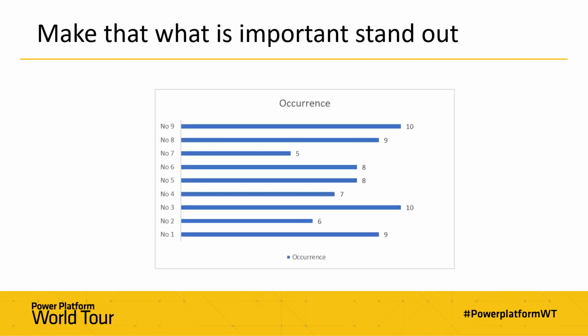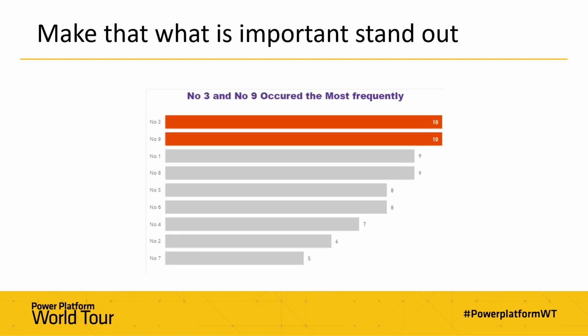Less cognitive load here. You've got all the same color, and we've got data labels, so they stand out a little bit more. But it's not really sorted. So again, we have to read through everything and remember the values, and then work out which ones are the best. And then obviously with our real example, it's now sorted, and we've used color to highlight those highest values. So number 3 and 9 occurred most frequently.